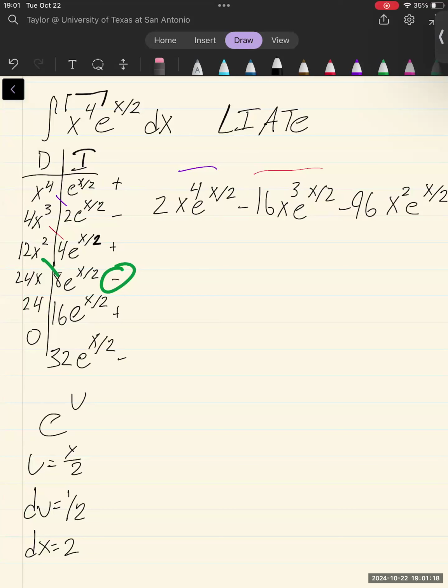Can you possibly go over the integral of e to the x divided by 2? Yes, of course. So I've got e